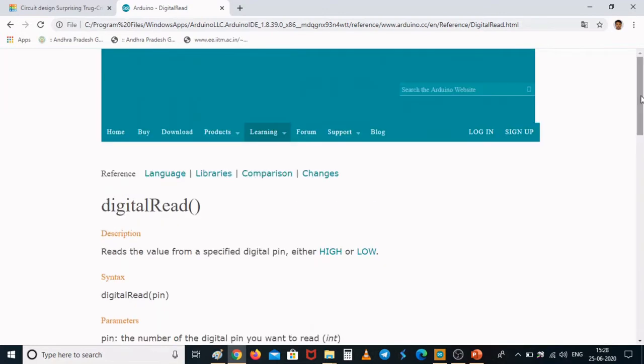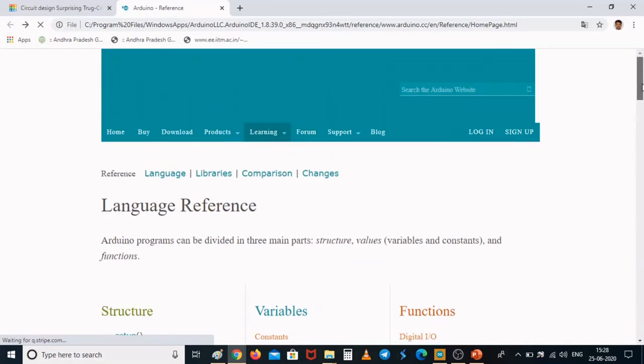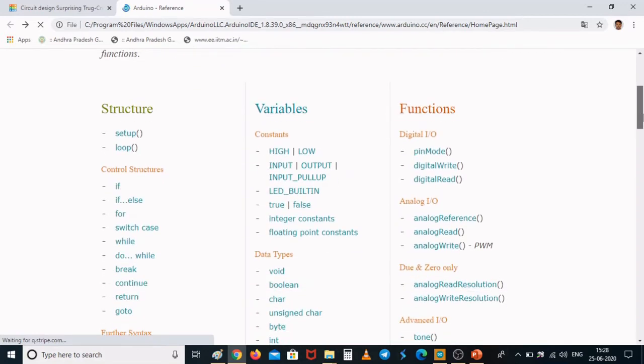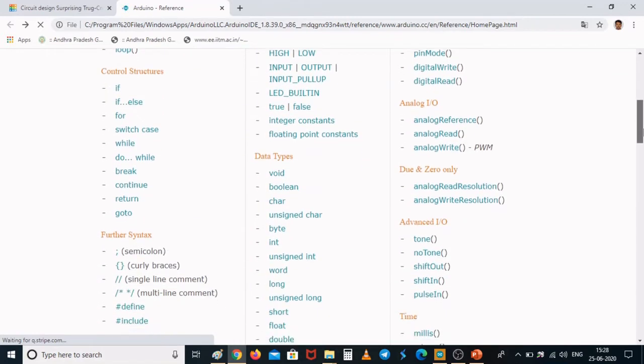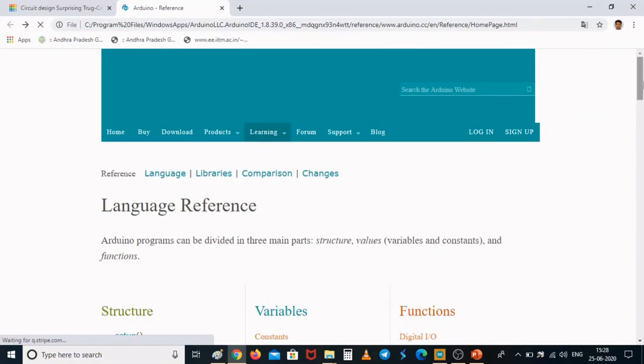These are the three important basic built-in functions that will be very frequently used, and depending upon our requirement, we'll move on to any of the required built-in functions or anything that is available here. We'll refer to that, then we'll try to understand how to make use of them in our Arduino programming language.